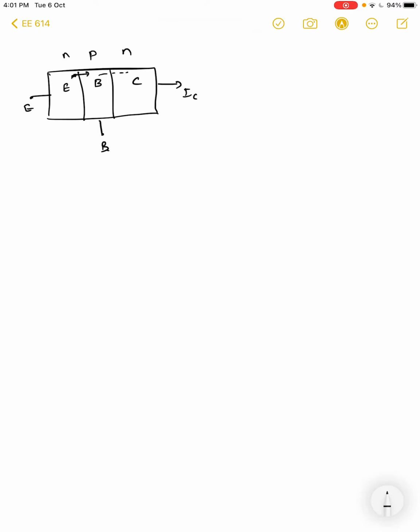For most effective functioning of this device, you need to have efficient emitter current injection, right, and very low recombination in the base region for most of the electrons to be transported across the base. And this makes sense for you to reduce the width of the base, because the wider the base region is, more recombination you can expect to happen in the base region, right? So that's one reason why the width of the base is typically much smaller than the collector region, right?